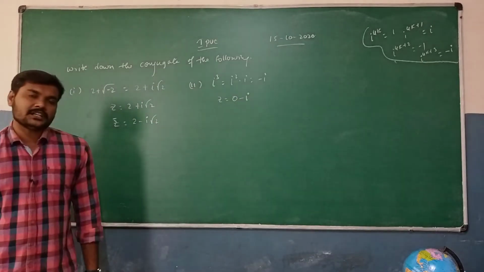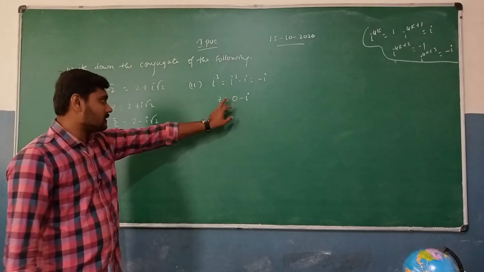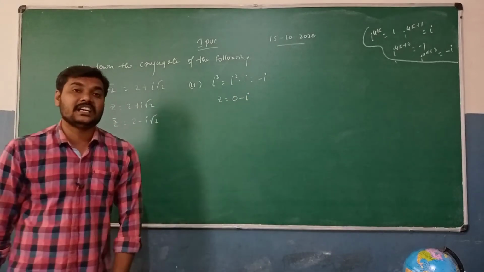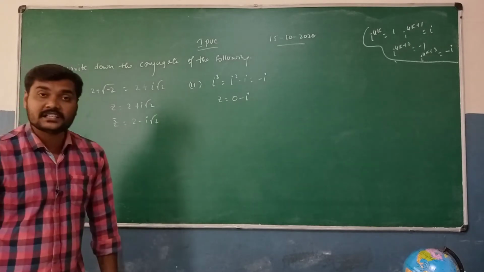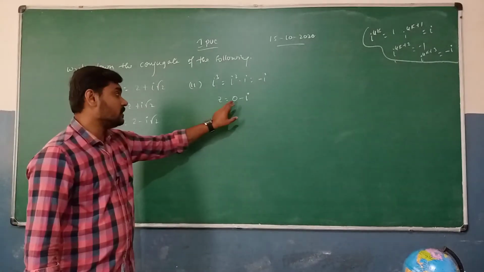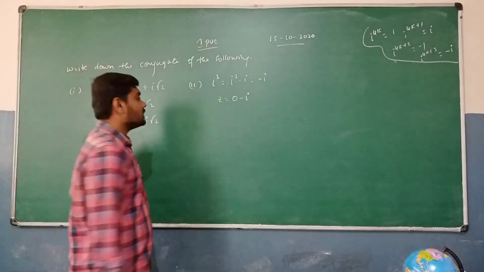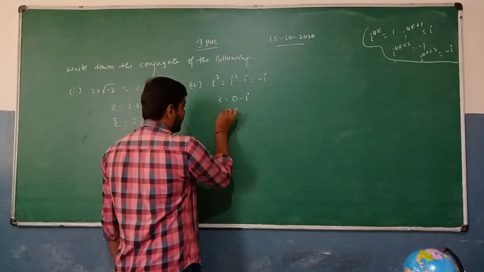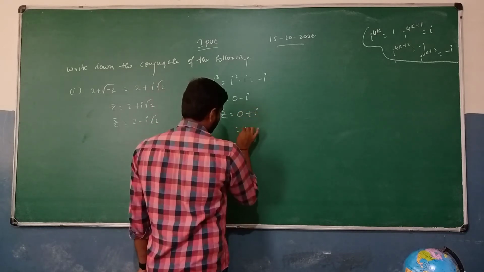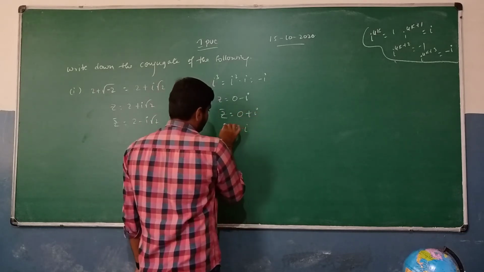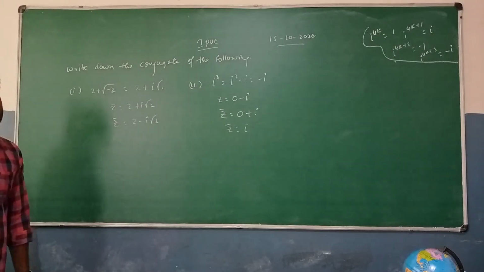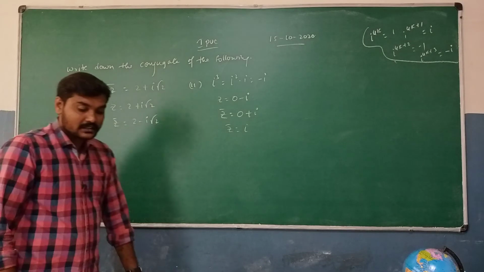Is it in the standard form of a complex number? Yes, because z is equal to a plus of minus i. The value of b is minus 1 and the value of a is 0. Then the conjugate of the complex number, z bar, is equal to 0 plus i, or can also be written as i.